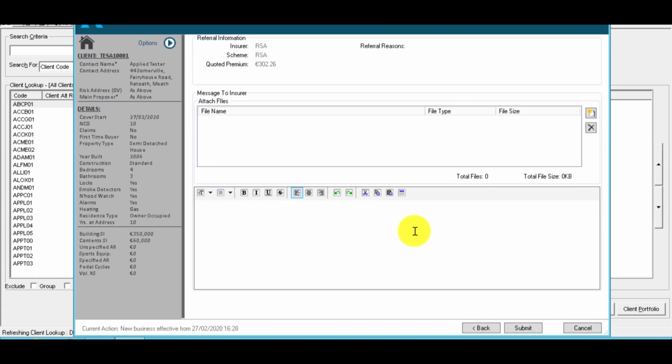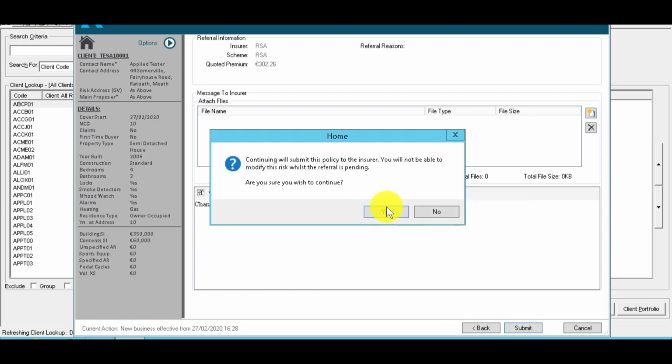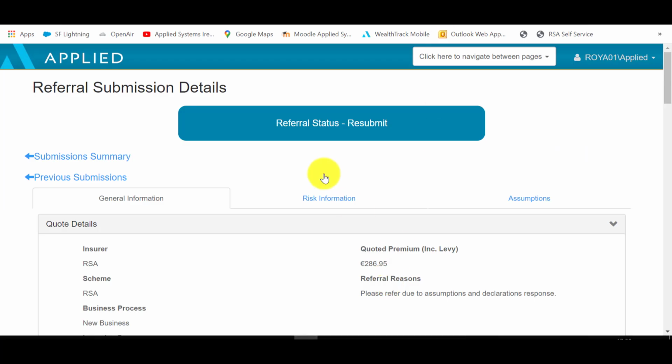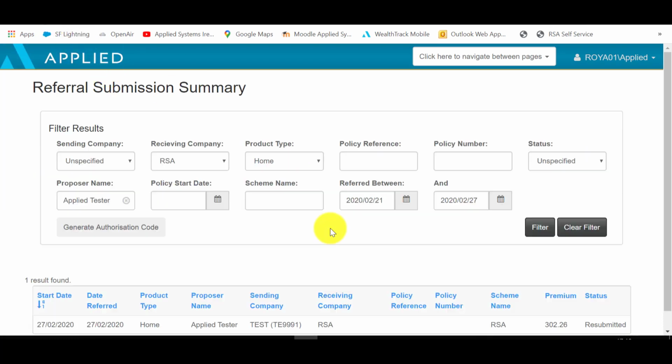So click on resubmit referral, and I'm typing in another message here saying that I've just changed the building sums insured to 350,000. Please change status to accepted, obviously as long as RSA is accepting that particular amount. So click submit. So now if we go back over to the RSA side of things,